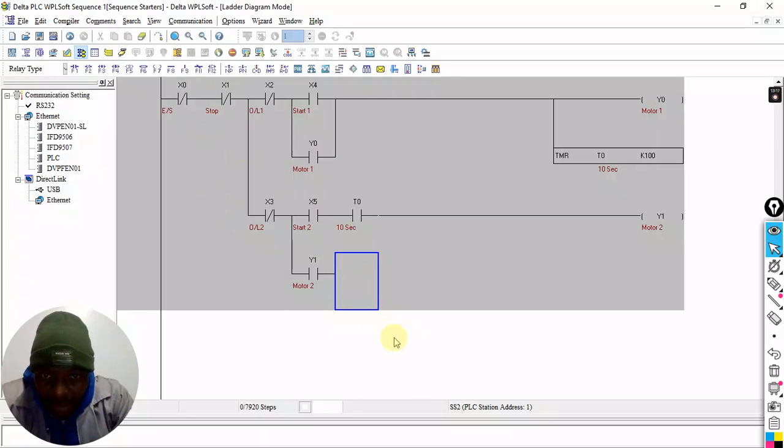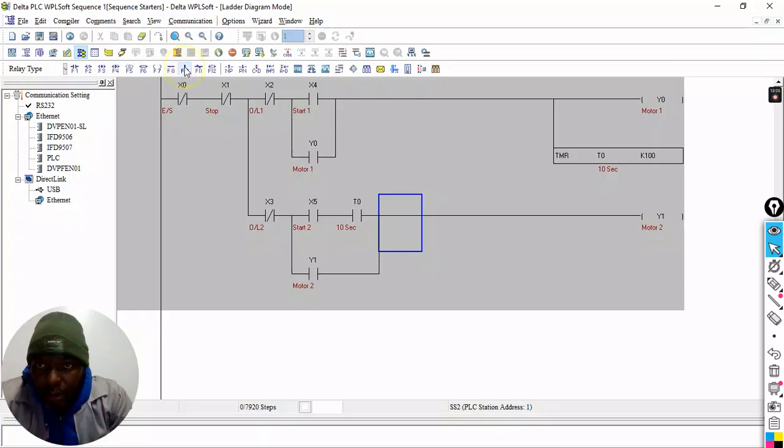All right, so what will then happen is that we close this in because the timer will kick in. Whatever happens with the first timer, whatever happens with Y0, it's also going to affect this. If this loses power, this will also lose power. We don't want that to make this stop as well. Two things happen here. After a further 10 seconds, T0 here must actually